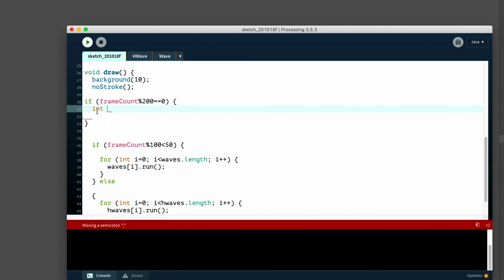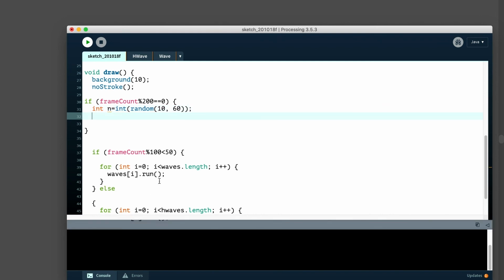I could use num here, I guess it would overwrite it. Now the number of bars has to be an integer, right? It can't be a point something. So we'll run the random function, but wrap it in an integer function that will transform it. So maybe it's between 10 and 60, and then